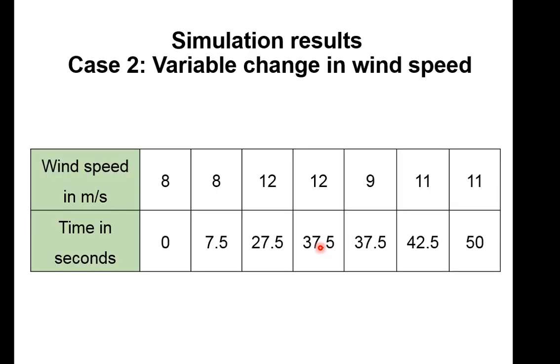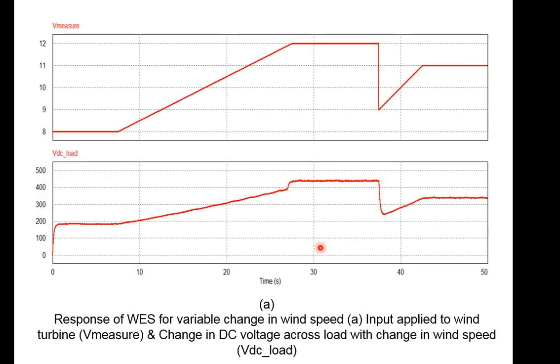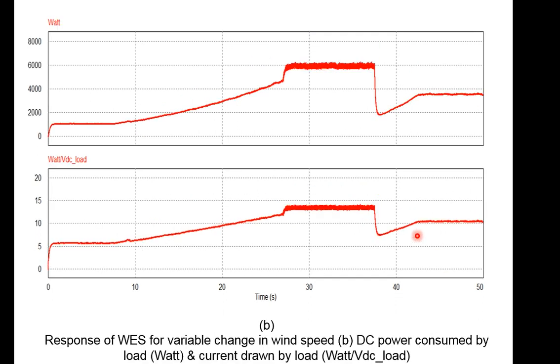In a similar case, we are having a variable change, means a large variation in the wind speed. For that we require high computational facilities. So that is the input that we are going to take. This is accordingly the change in the voltage. Accordingly, this is the change in power. This is more than one turbine, where we can go with 6 kilowatt of power, and accordingly the current is going to change.